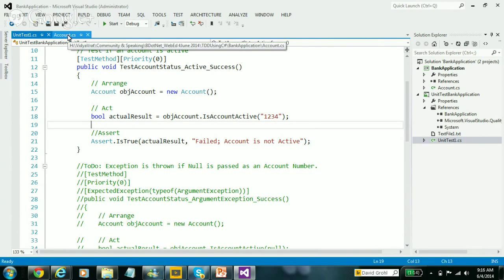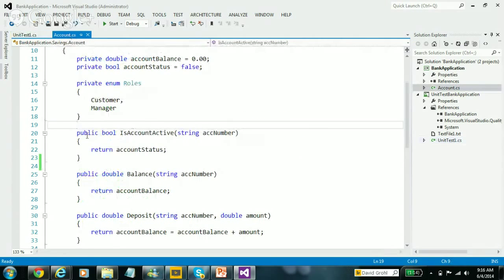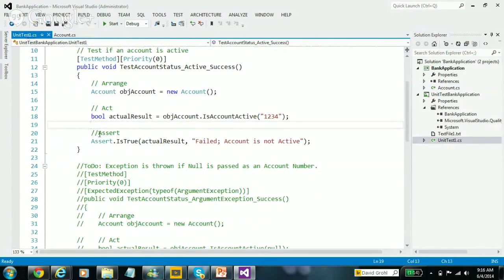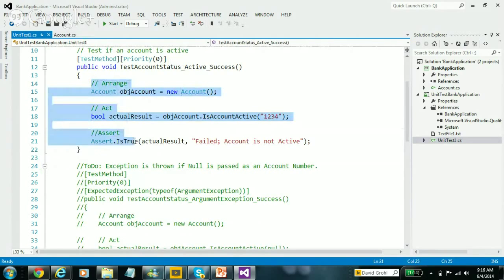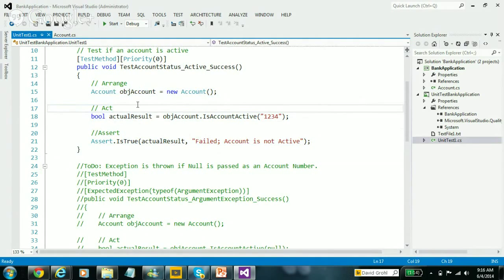Once again, have a real quick glance. This is my method. This is my system under test right now, a component in the system under test. It is returning just account status. There is nothing, plain blunt return. And here I arranged, I acted, and I am asserting. All right, so this is what I was talking about, professional. See how simple this unit test is. But still, I took enough care of naming my objects, giving the variable names, and invoking the functionality, and this thing here,